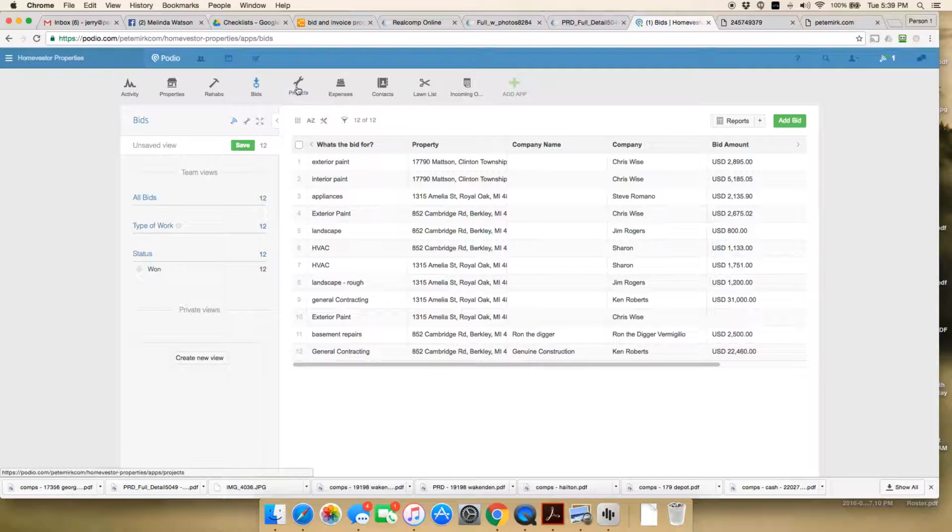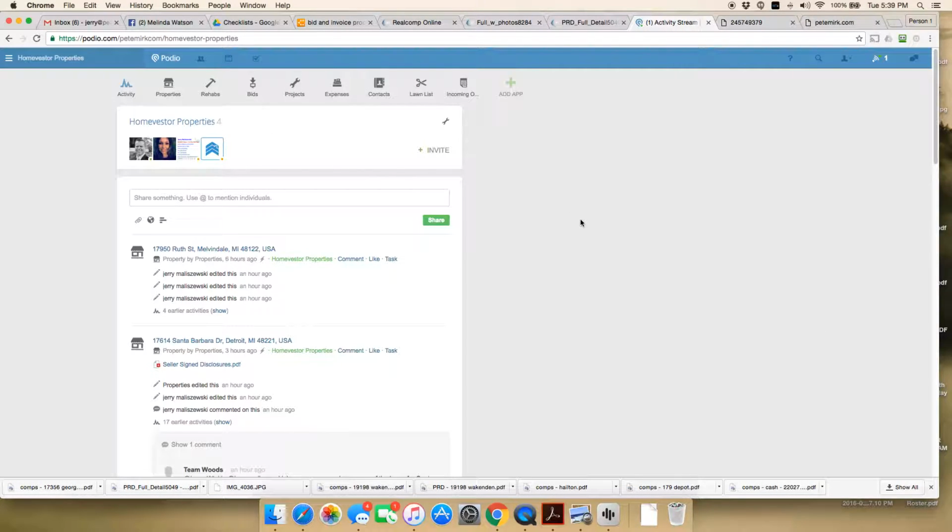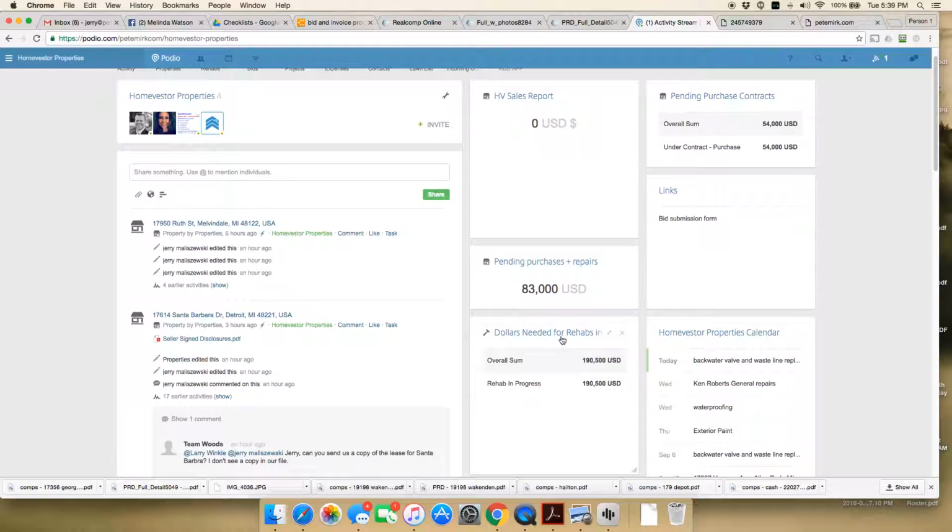And which would also include the money. So I think currently the way we do this is when I create a rehab and create a project, there is a total amount on specific projects. And that gets totaled up over into another area, which then shows what our total rehab is going to cost us. So in here we see dollars needed for rehabs. And my feeling here is that after the contractor completes the bid,